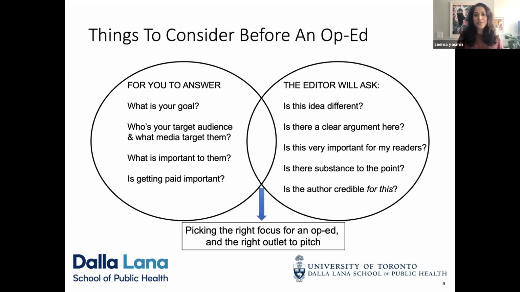I do find the fact that with a reported piece, you send a pitch that's just outlining what you're going to report on, whereas with the op-ed, you write on spec, right? And I find that frustrating, because I came up through the journalism program that Rob teaches, which is so much about not writing on spec. And so now when I do write op-eds, I'm like, oh, it's a time investment. I'm writing 800, 1,500 words that may eventually not get picked up, because sometimes that just may not happen given the timing and things like that.